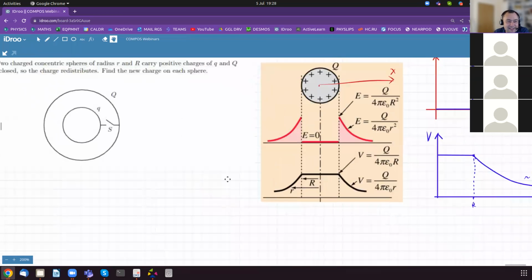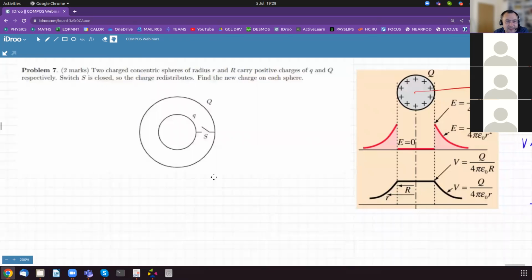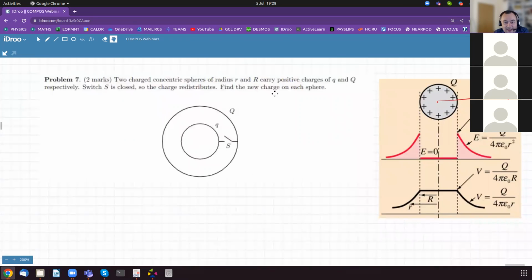So let's look at this question. 2 charged concentric spheres of radius r and R carry positive charges of q and Q, respectively. The switch is closed, the charge redistributes. Find the new charge on each sphere. And we know that the electric potential obeys the principle of superposition as well. So the potential on this surface, let's call it V2,